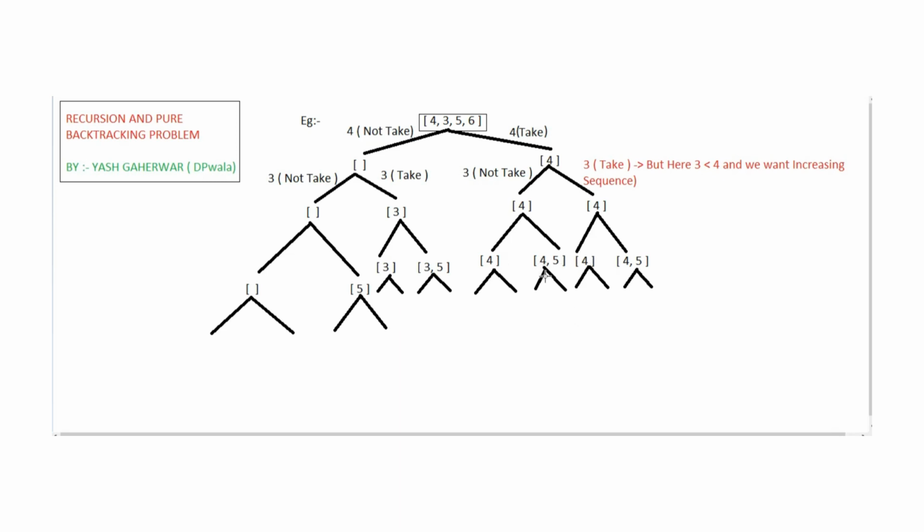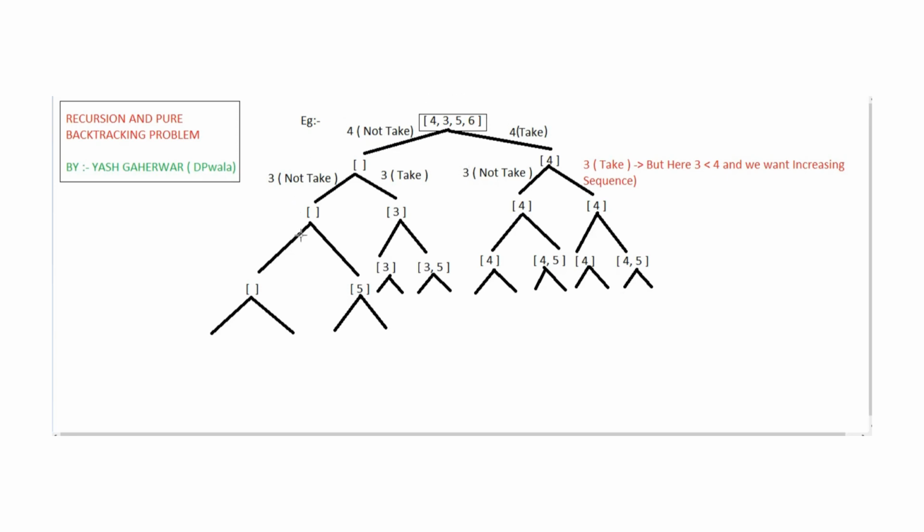Here we can see that 4 5 and 4 5. If the repetition case is there, means any number we add, at last it will generate the same subsequence. So rather than creating the 2D vector in the starting, we can create a set of vectors. In the set, we will push the vector. It will automatically skip all the duplicate values, and at last it will give us the unique values. And at the time of returning the final answer, we simply convert that set to the vector and return that vector.